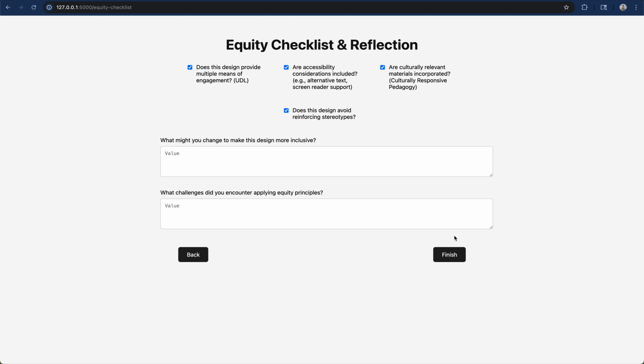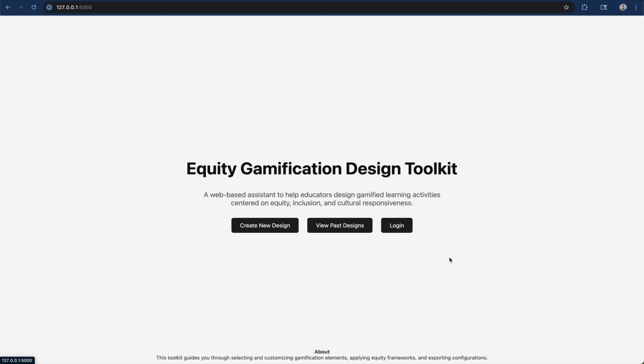open-ended. The first one being, what might you change to make this design more inclusive? And the second question is, what challenges did you encounter applying equity principles? And whenever these questions are answered, the user would click finish, and they'll be redirected to the landing page that we were at the beginning of